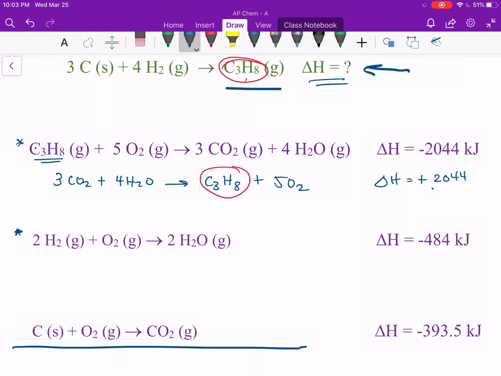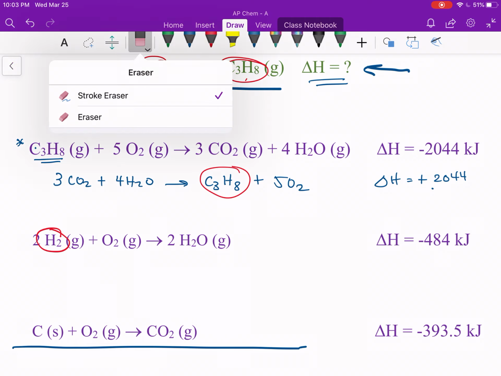And so if I'm looking at the second reaction, I'm saying, okay, well, I have H2 and C left, and lo and behold, here's H2. This reaction number 2 is the only source of H2. And since it's the only source of H2 and I need 4 H2s in the overall, I need to manipulate this reaction here so I can get 4. And the easiest way to do that is to multiply